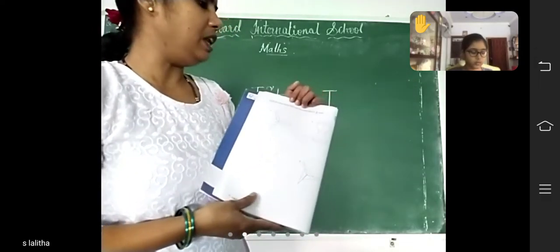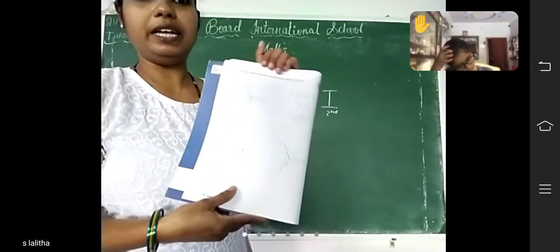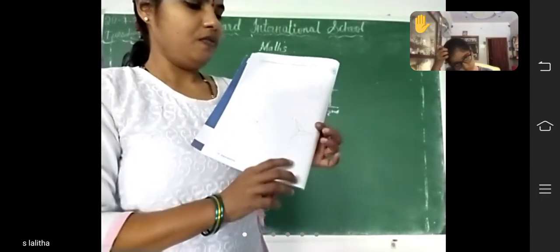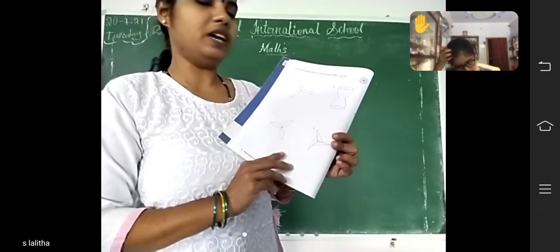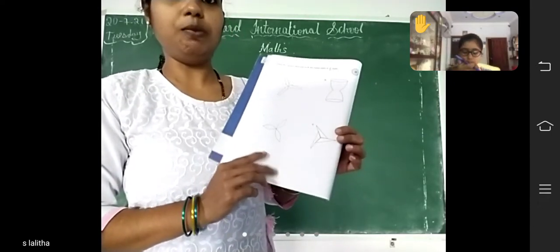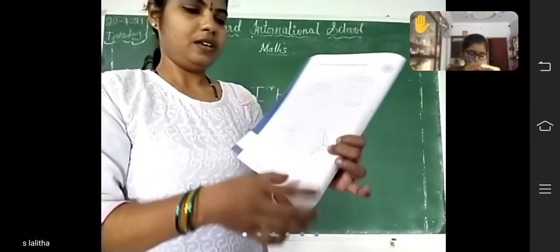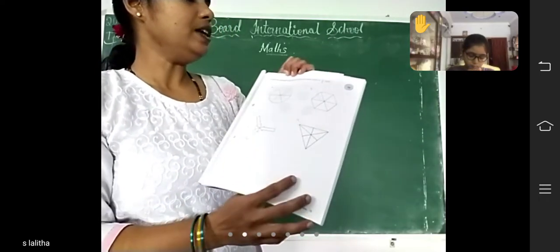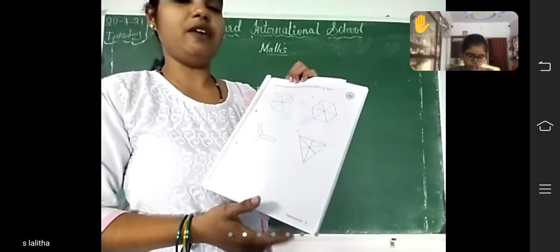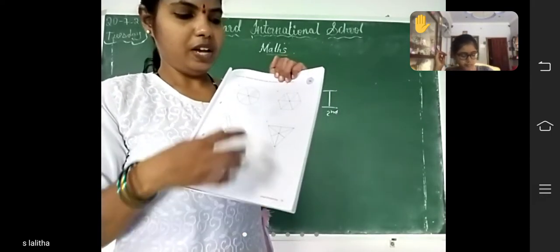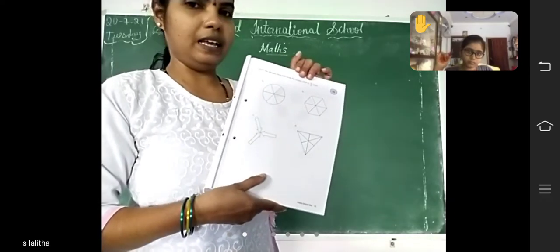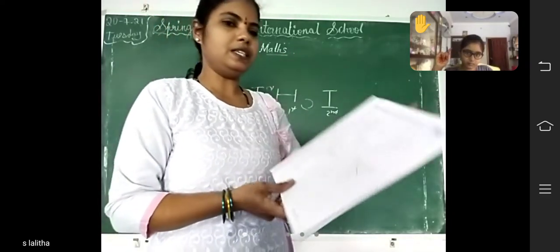Circle the shapes that will look the same after a 1/3 turn. Here some shapes are given. Which shapes, when moved a 1/3 turn, look the same as the original position, you have to circle. Okay. Next, page number 15. Circle the shapes that will look the same after a 1/6 turn. Which shapes turned a 1/6 turn will look the same, you have to circle those. Okay. That is the homework.